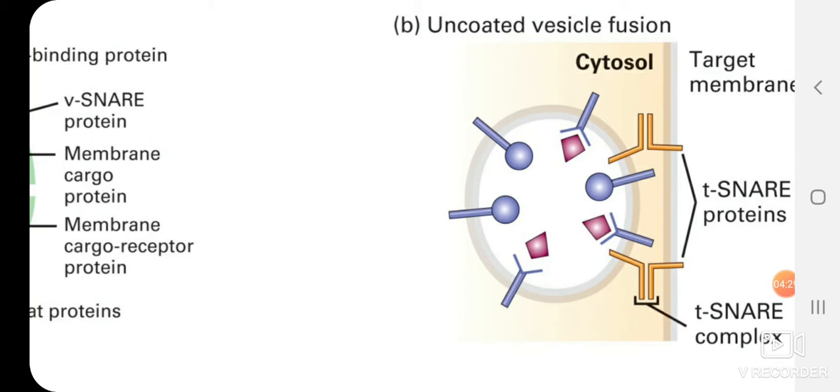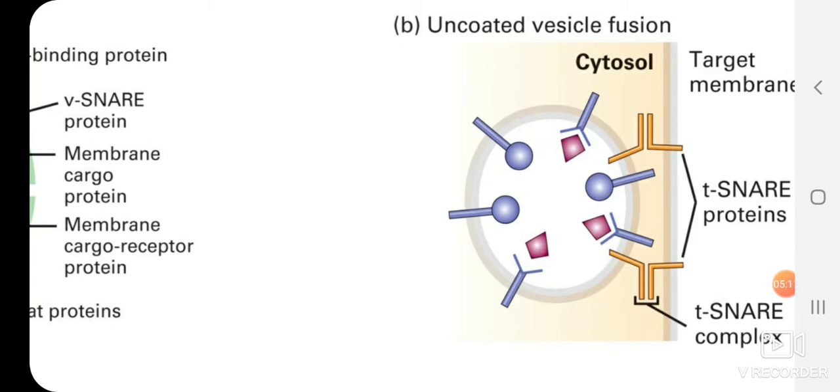So these snares are going to be fibrillar proteins, and when the two membranes are almost coming near to each other, these snares are going to form a ternary complex. Means they start winding around each other and bringing both the target membrane and the vesicle membrane very near to each other, and finally, due to the hydrophobic collapse, or in other words due to the hydrophobic interaction of the lipids of the target membrane and the vesicle membrane,